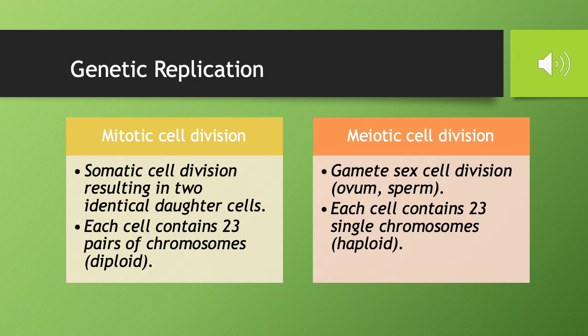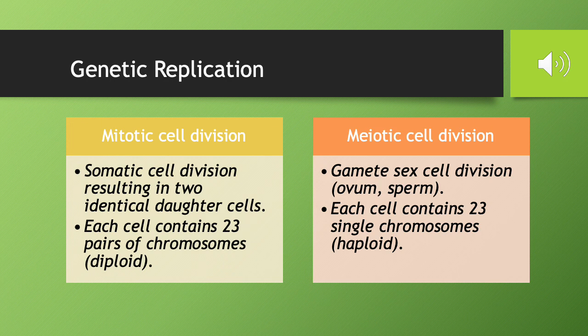We have 2 different types of cell divisions that we look at in genetics. The first one is mitotic cell division, or otherwise known as mitosis. One cell results in 2 identical daughter cells, so it replicates itself. And what's supposed to happen is that each cell should contain 23 pairs of chromosomes. This is a diploid matter. So again, it's literally like having identical twins. One cell replicates into something identical, and now it should have the same pairs of chromosomes. This is called a diploid